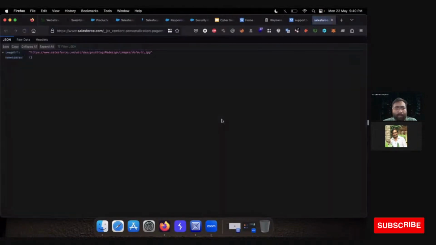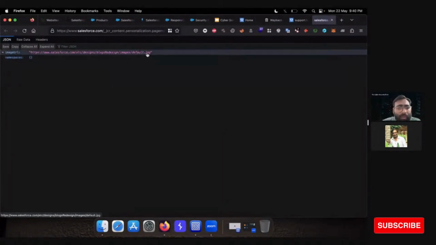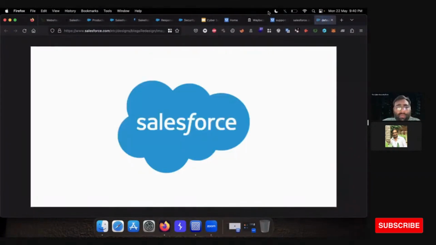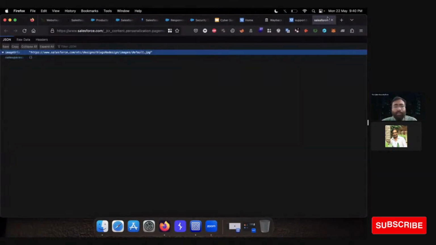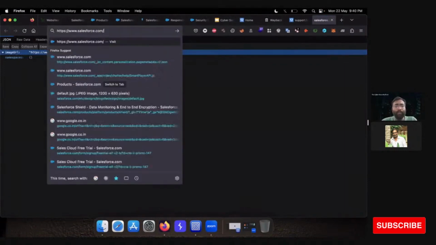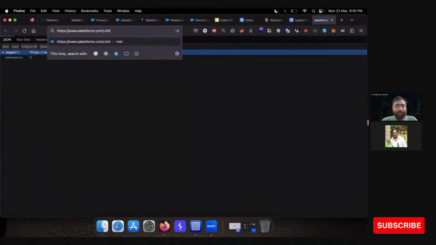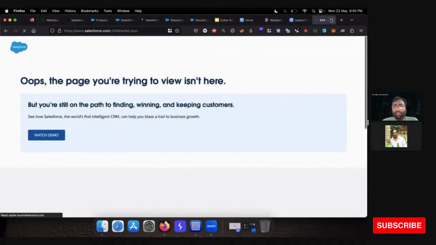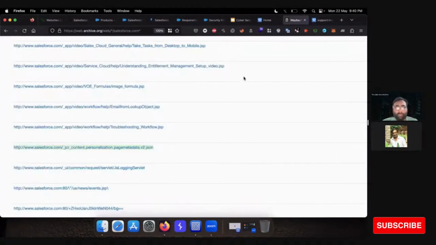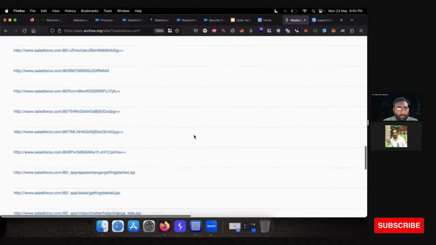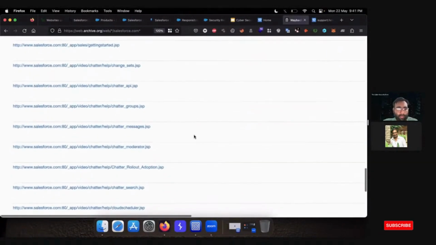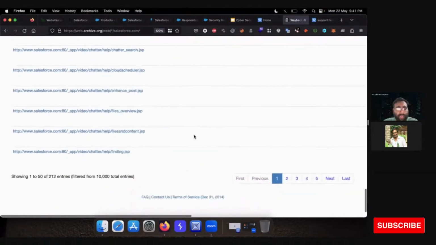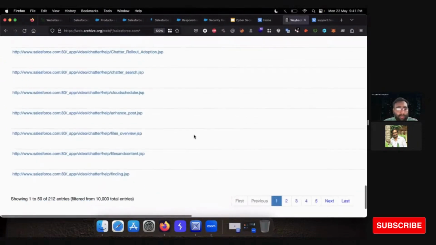Let's open this. This has a URL, a default JPG image. Let's open this. It's the Salesforce JPG image. And if we have a CRM children list dot JSON, you need to check every possible file that has some content.